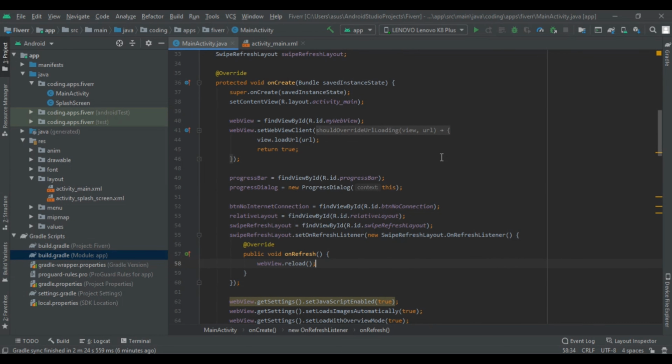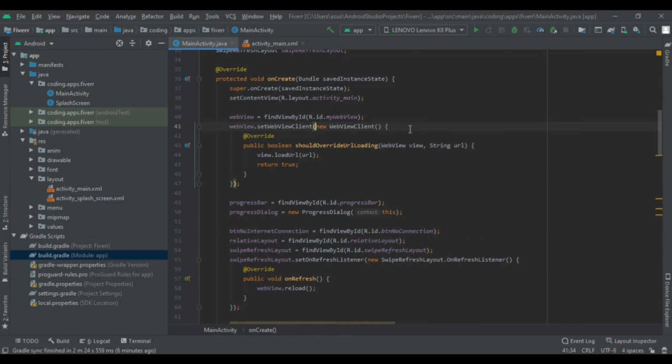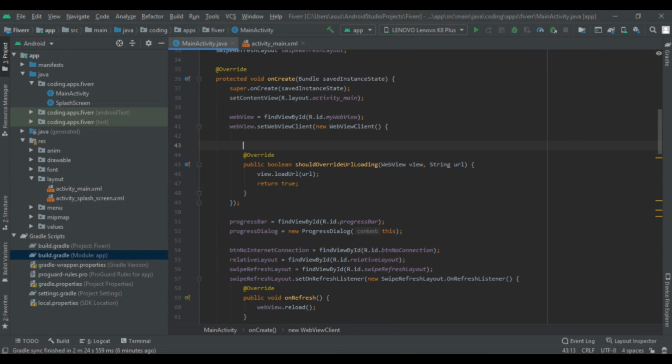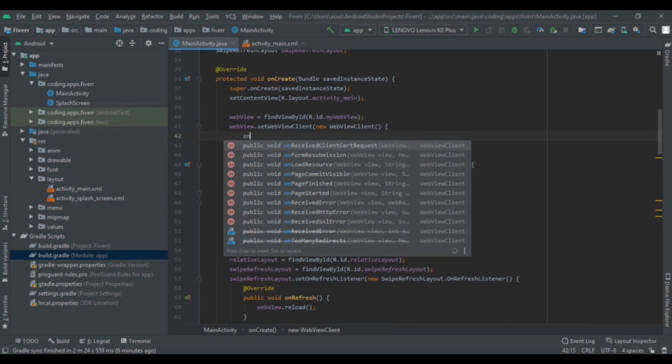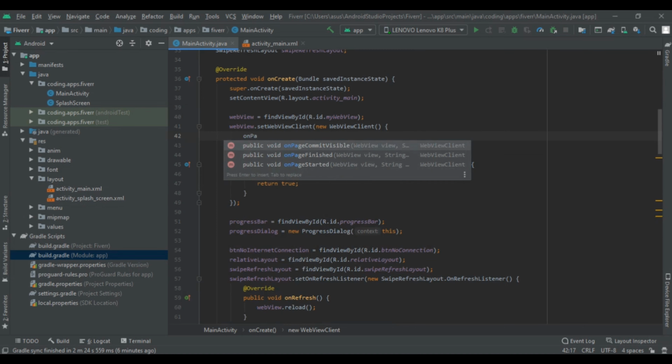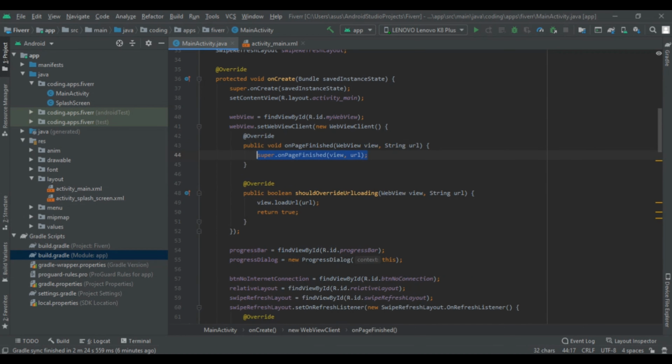Now add one more method to our web view client, and that method is the onPageFinished method. By this method, when our refresh is finished, we have to hide that refresh dialog.